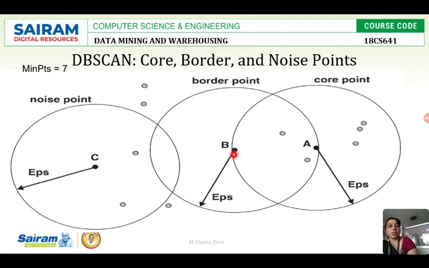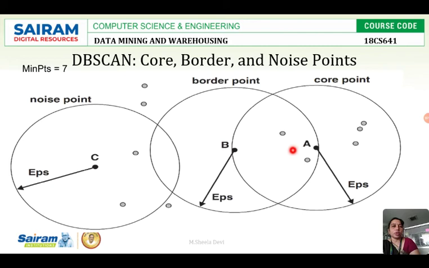If you take B, this is a data point. How can we check whether it is a border point or core point? In its own radius, this is the circle of the data point B. If you find a minimum number of points in its radius, then B can be a core point. We will check. 1 is there.